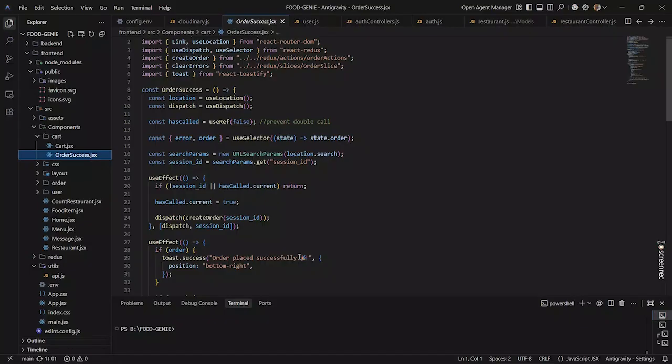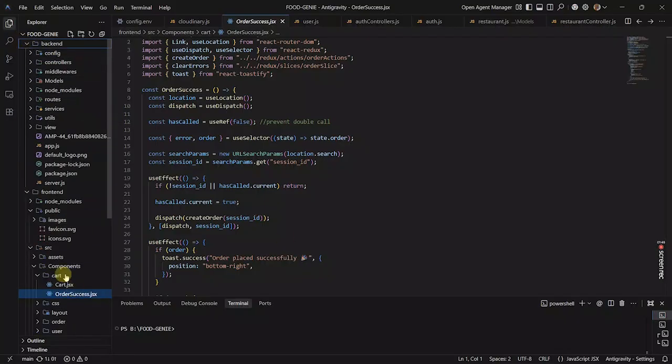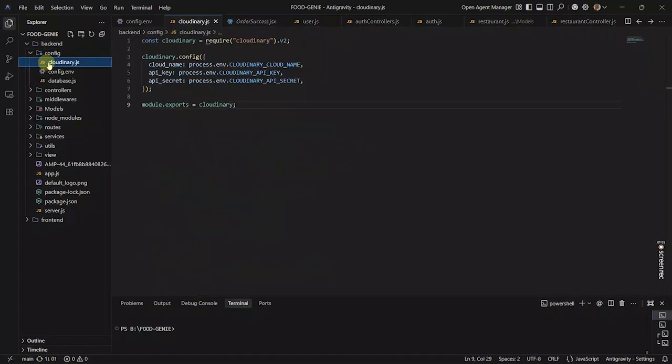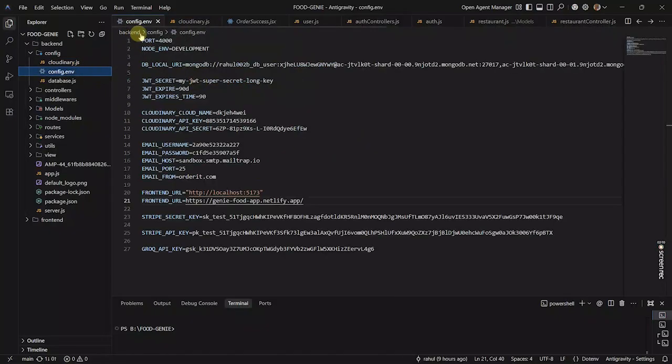The backend architecture. So these are all the codes for the backend part. It contains a config folder. The config folder contains Cloudinary, config.env, and database.javascript files. This Cloudinary is the part where the profile photo of the user is saved in cloud storage, and this is